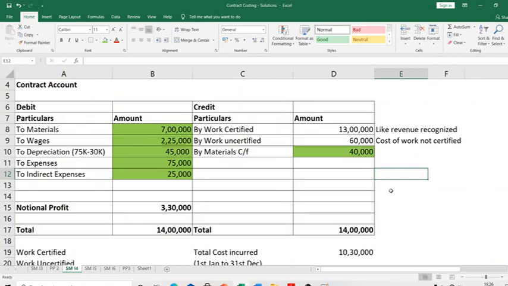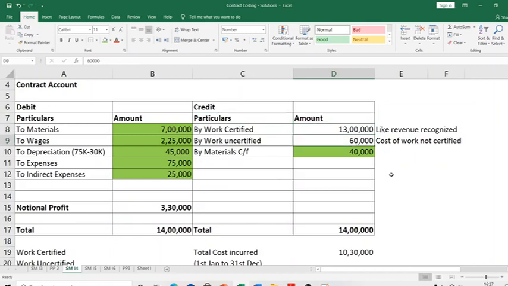So work certified minus cash received is retention money. Work certified minus retention money is cash received. So there is no need for you to memorize this formula if you understand the concept. But this will be given as a formula in the study material. That's why I told you, let's not focus on memorizing all formulas. As we start logically looking at problems, you'll automatically understand this. Great. So this is about the retention money.